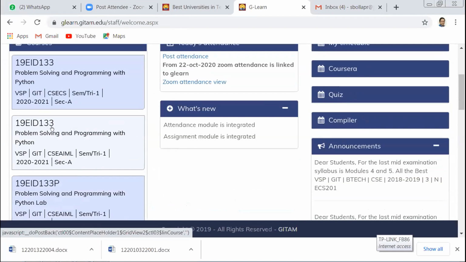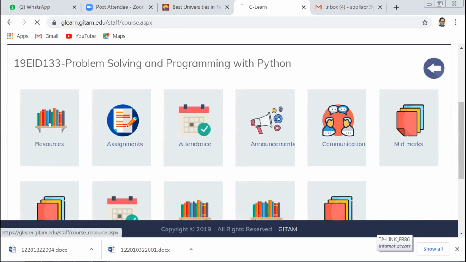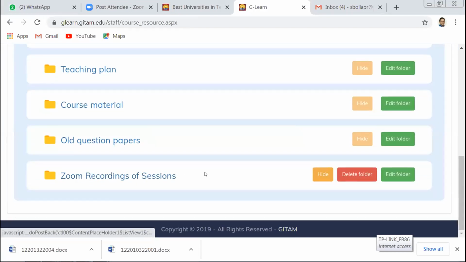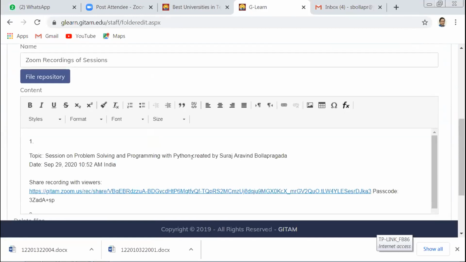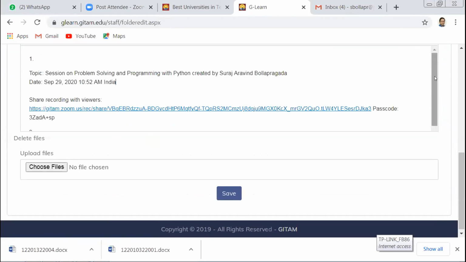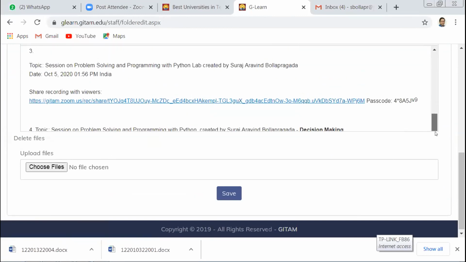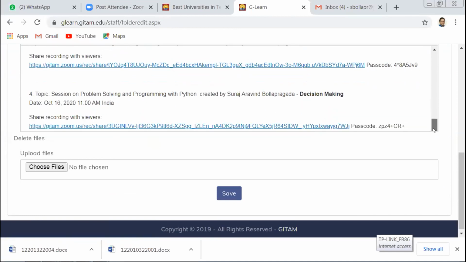Yes, sir. Okay, this is the theory. I click on that, I go to resources. There we have Zoom recordings of sessions. I open it. So these are all the recordings where any class took place, only those we have kept so far.